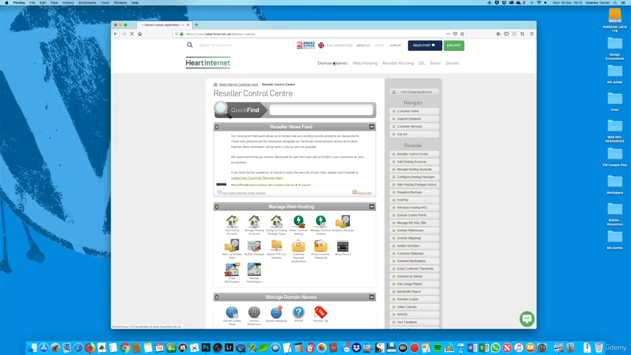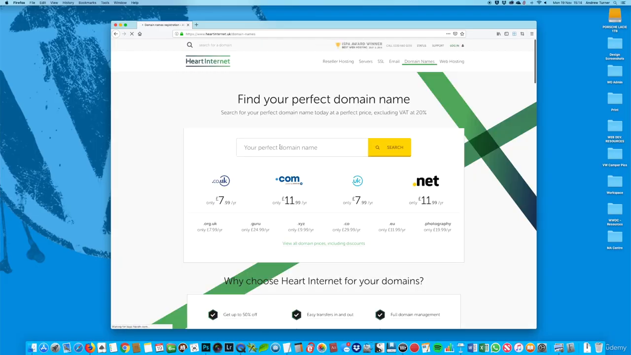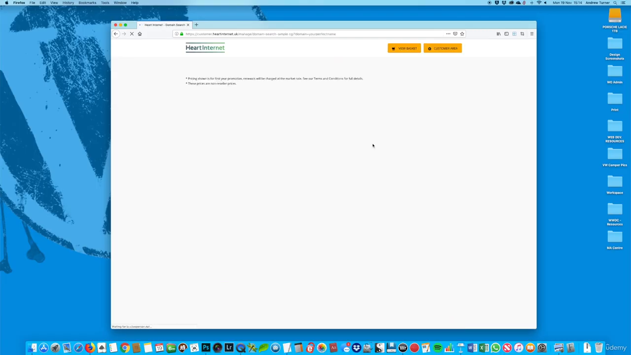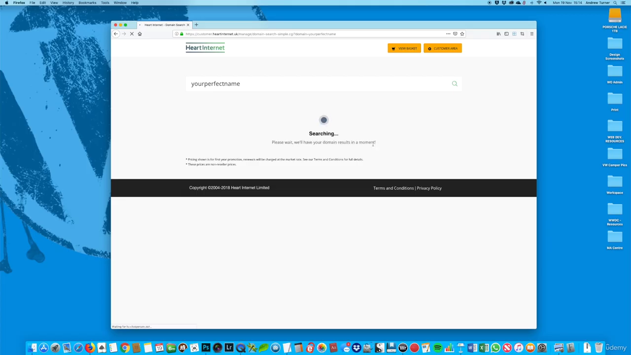You would click on domain names. You would search for your perfect name. Oh, sorry. Let's just turn off caps lock. Domain name is always lowercase anyway. Whether you've typed it in uppercase, it will revert to lowercase. Okay, so we're searching for a domain name called Your Perfect Name,